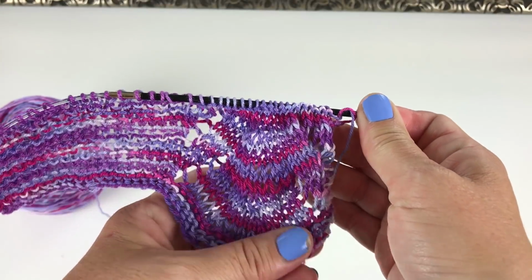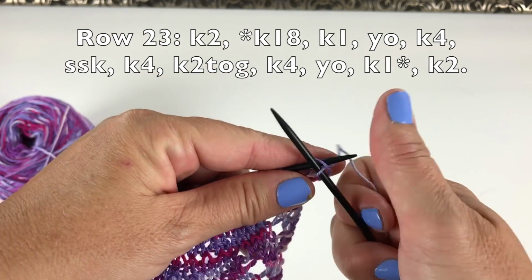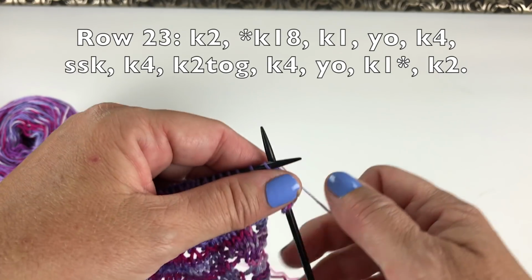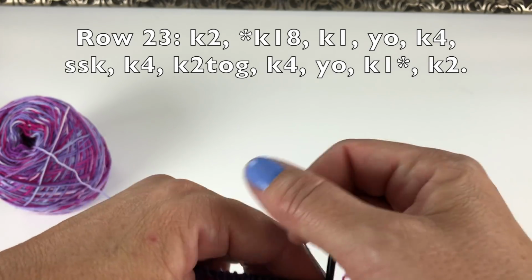Okay, turn our work. Row 23 begins with knit 2, then knit 18,